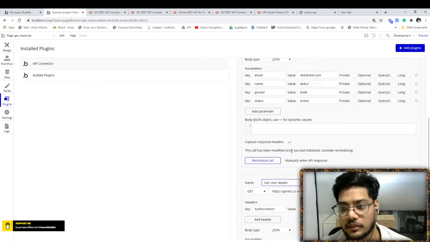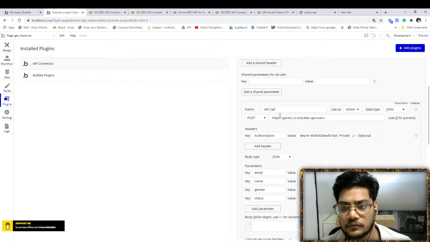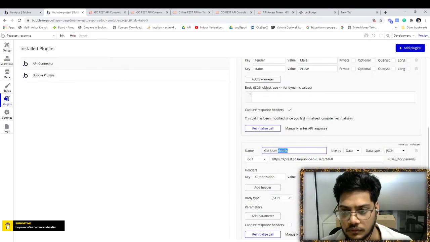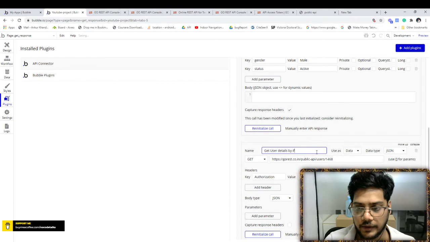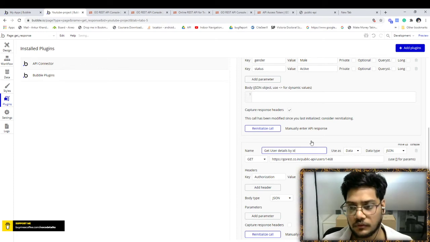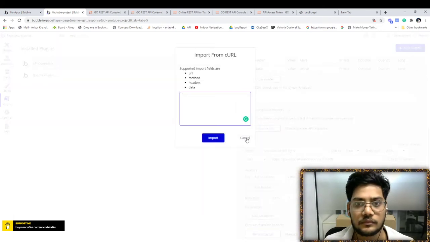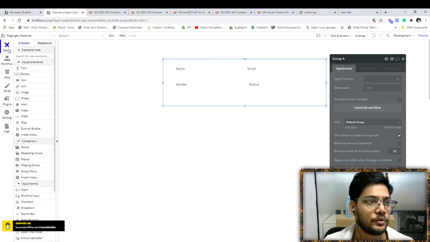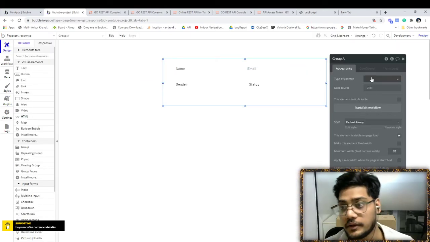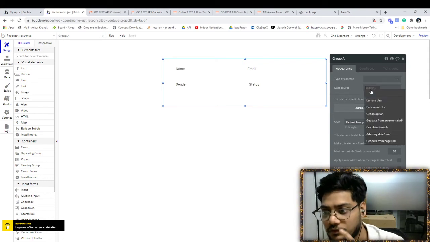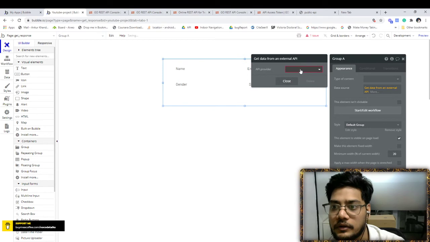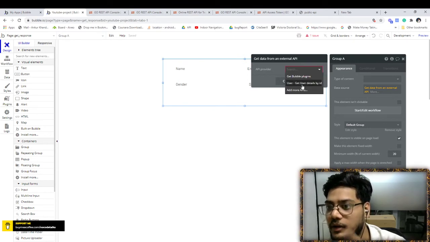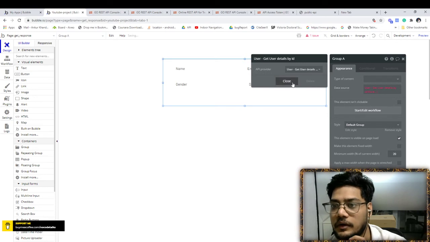Get user details by ID. Now you have got the data source: get data from the external API. What is the API provider? Our user, get user data by ID. This is our data, and we have to close it.